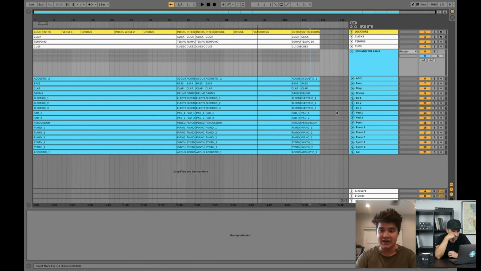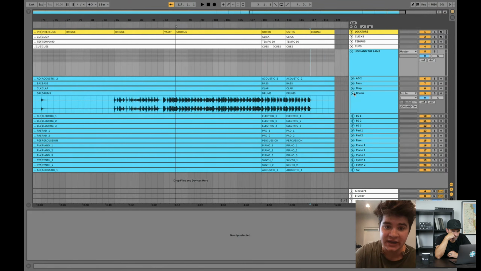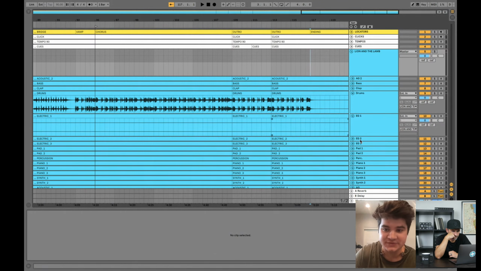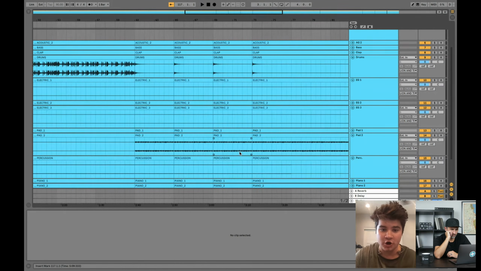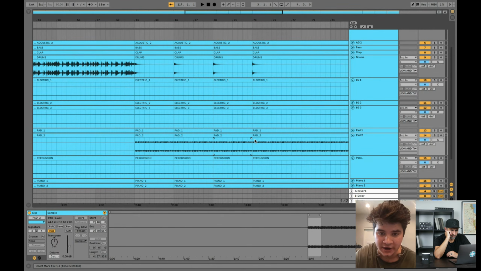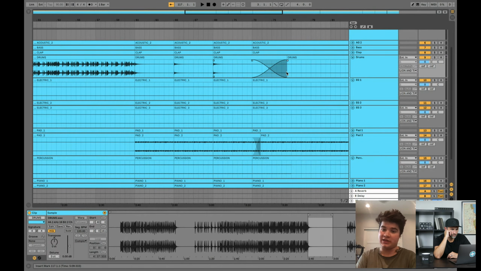I'll blend and I'll fade, and I can show you how to do that really, really quickly. All you have to do, especially in Ableton 10, it's super, super easy. You can open up these stems, and this block right here, if you just drag it in either direction, it's going to let you just blend, which is super nice. Yeah, do a crossfade. A crossfade makes it super nice. And even stuff like this, I can just blend that out. The drum hits that I know I don't want in there, it's super easy to use.